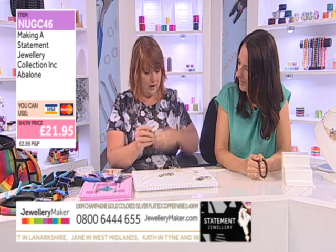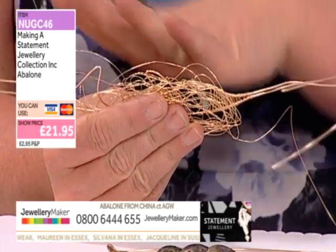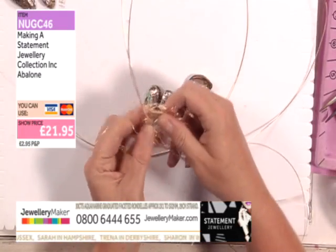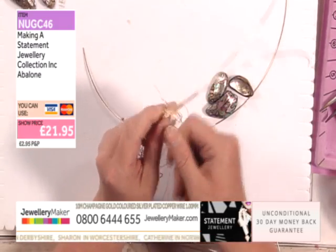So if I get this in place, I'll just start it. What I need to do is place this behind like this, and because I've got both the tail wires, that helps me because I know there's no sharp edges in there. There's no little sticky bits that are going to cut you or scratch. And what I'm going to do is you literally just blend it in. So where you've got your weave in here, you just take that end wire and you can go through that weave-in